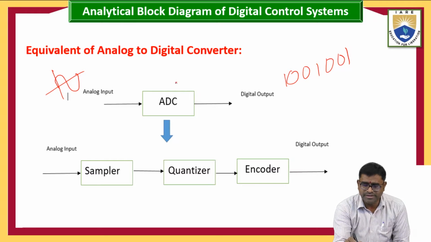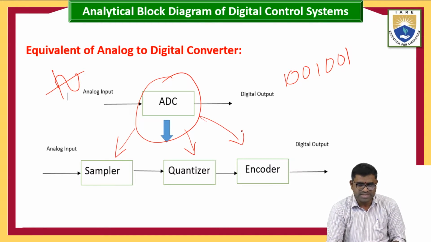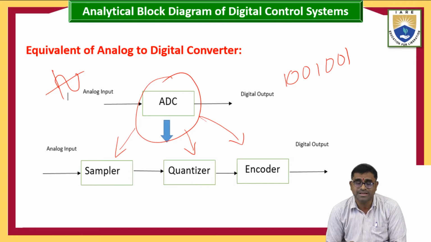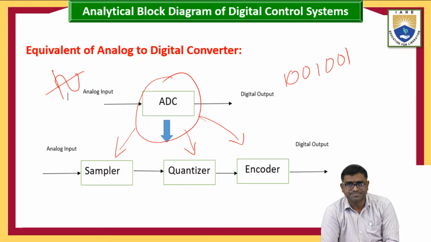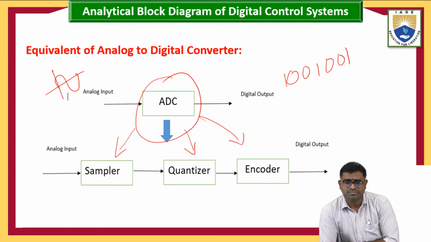This total ADC converter has the blocks sampler, quantizer, and encoder. These are the blocks we have here in the ADC converter. So coming to these operations, first of all,